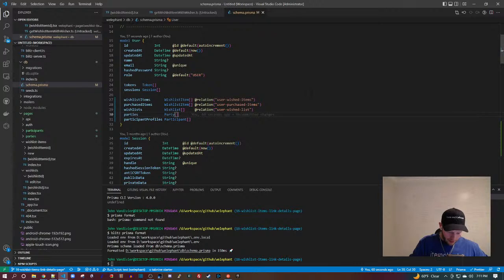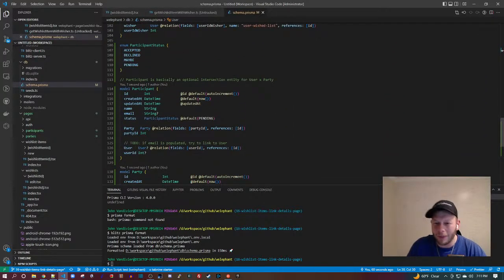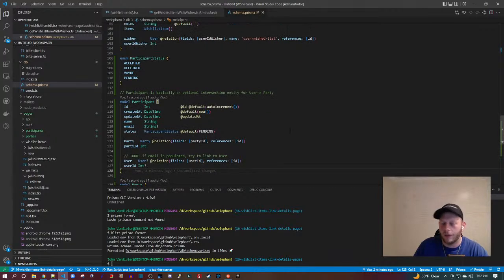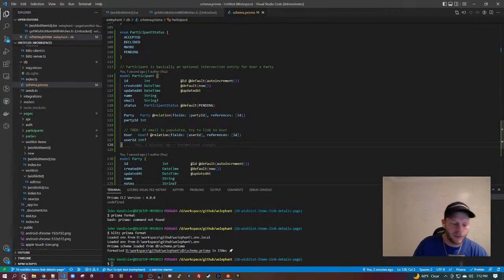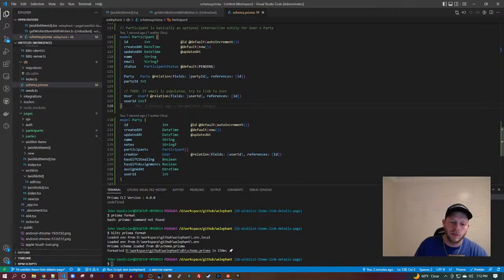Oh no, what happened? Participant is the joiner. Okay, yeah, maybe joiner is the right word. Cool. I think I said like an intersection entity, but yeah, joiner, that makes sense too. I think I've heard it called like a through table as well. Although through table can also refer to like a history table, and this is not a historical, well, I mean, maybe it is, but that's not the intent to be a history entity. I wonder if it kind of accidentally is a history entity. Kind of. It's not really the purpose though.